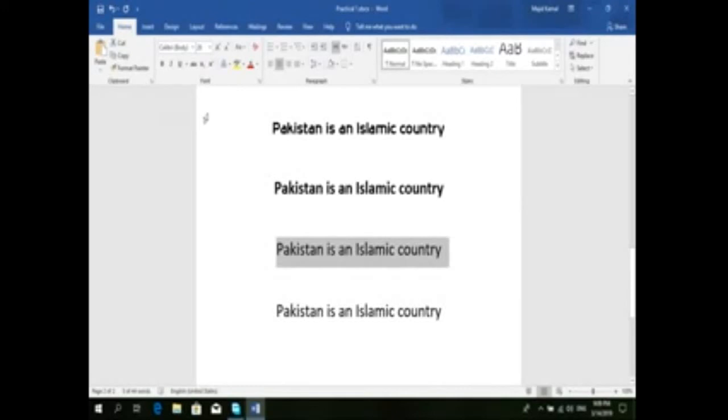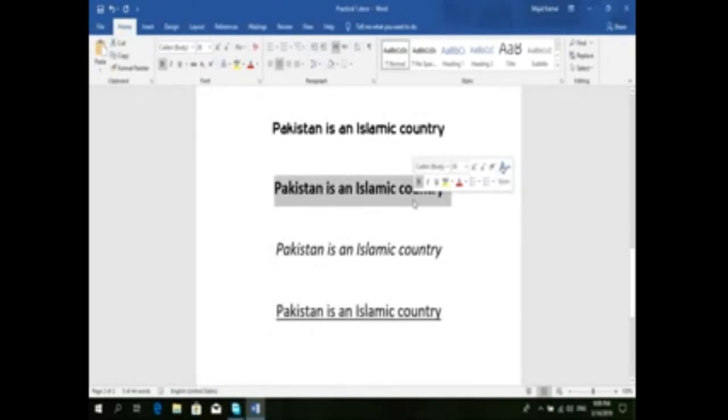Select any word or sentence, and when you click I, it is italic. Select any word or sentence and click U for underline. You can also use these through shortcut keys Control plus B, Control plus I, Control plus U.